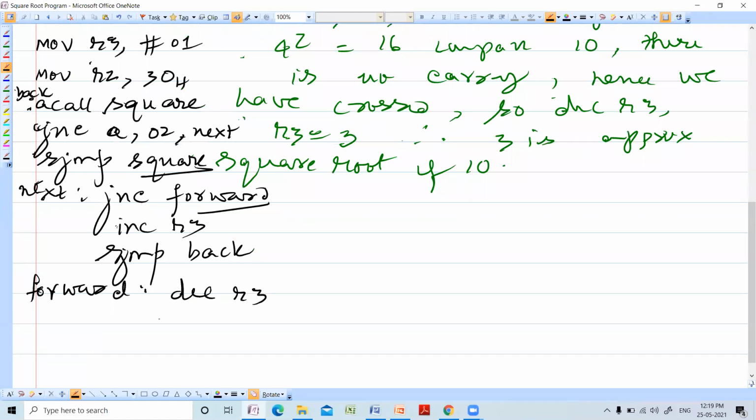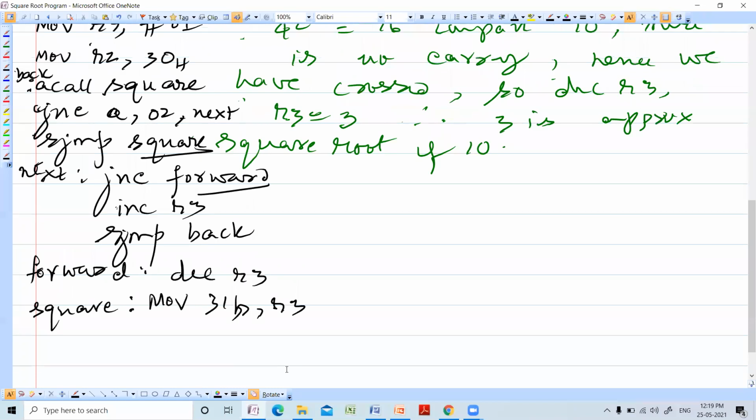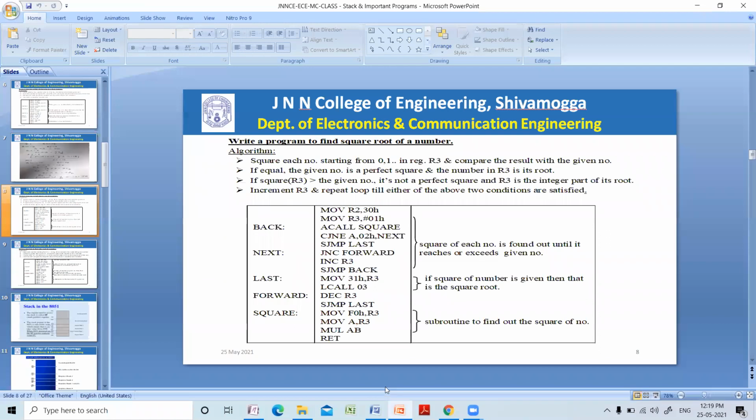Decrement R3, move the square root to, R3 is having the square root, move that. So this is your square. Simple.